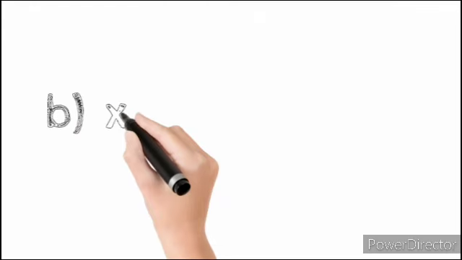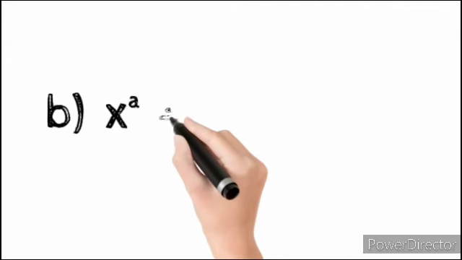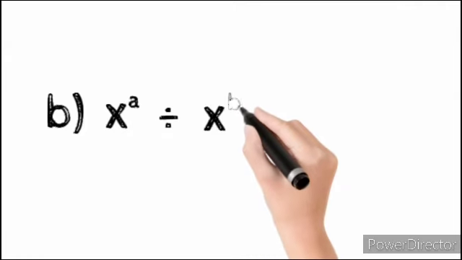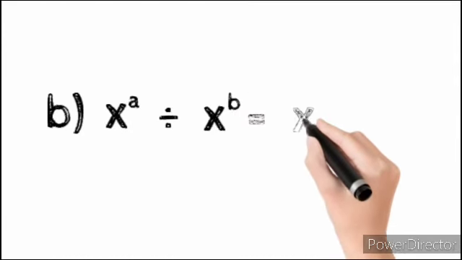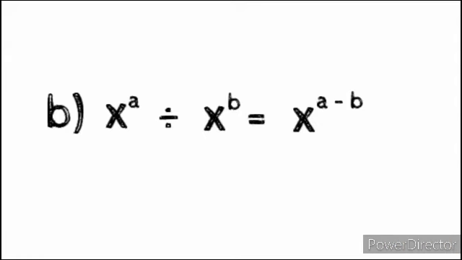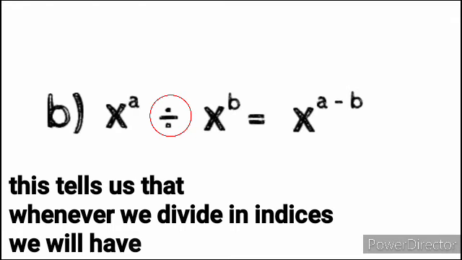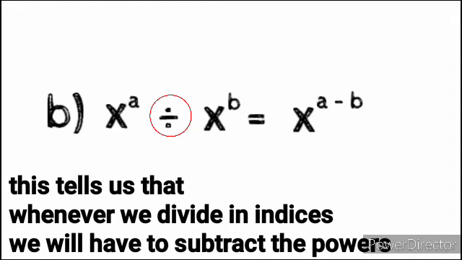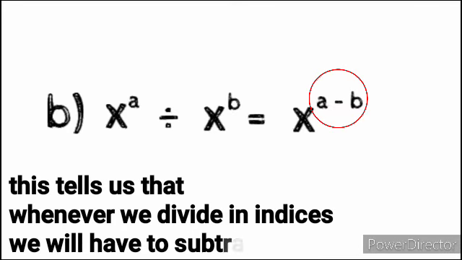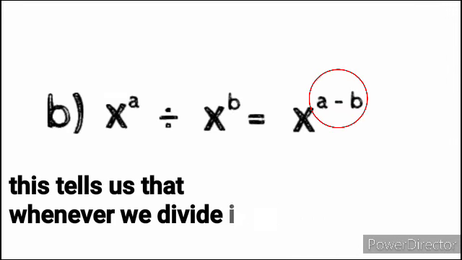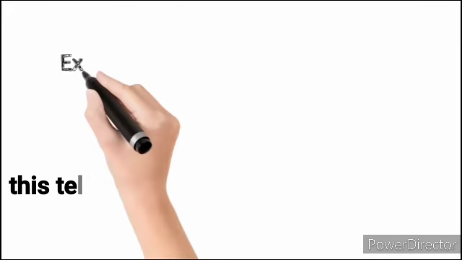For the second law, which says x raised to power a divided by x raised to power b equals x raised to power a minus b, this tells us that whenever we divide in indices, we will have to subtract their powers. We subtract the powers, which is a minus b. So, the question says